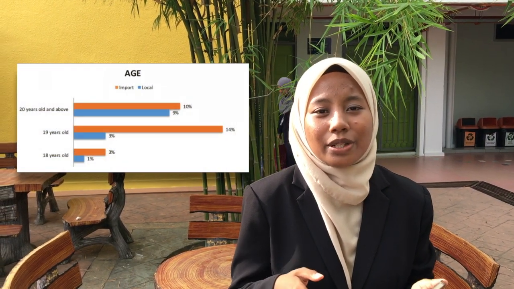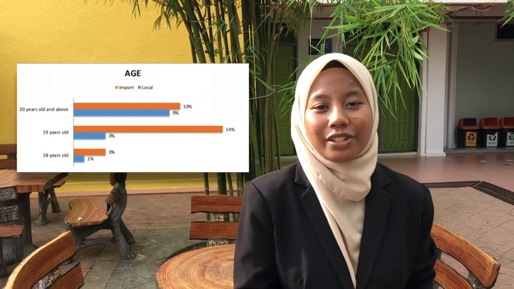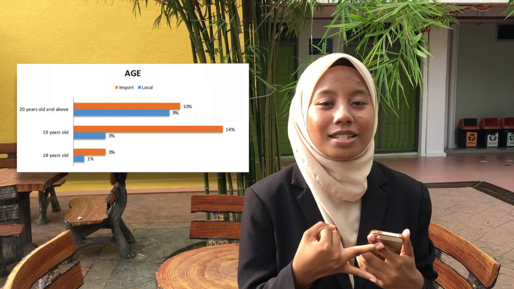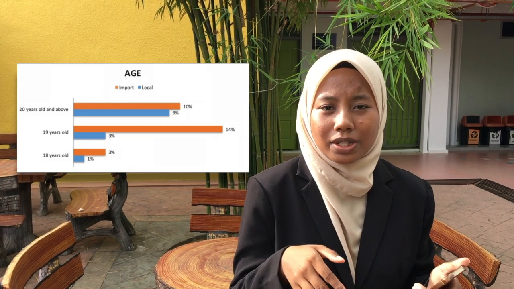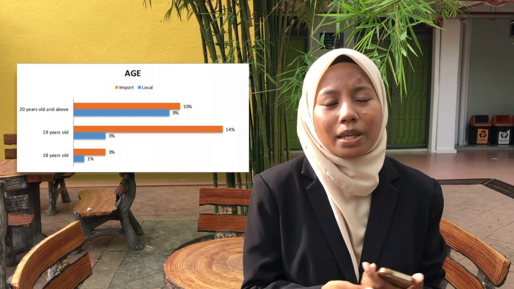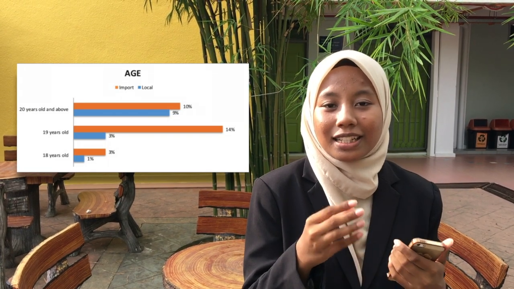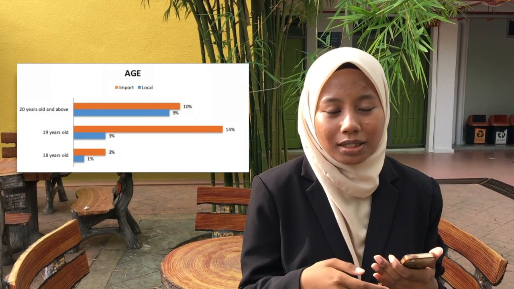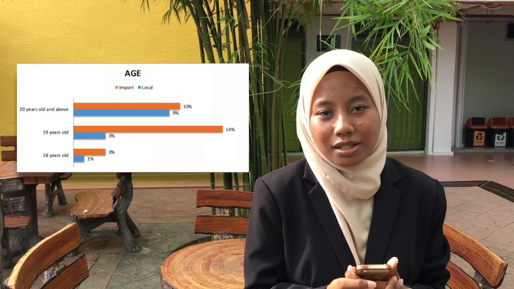In UiTM Dungun, where we narrowed our analysis to Pantai College, we found that there are 3 categories of age, which are 18 years old, 19 years old, and also 20 years old. From our analysis, students of 18 years old are more or less about taking care of the products around them, because when we did the research, we saw that students in the 18 years old category were less likely to answer our questionnaire, while at 19 years old they start finding out more about the products, and they look so interested in answering our questionnaire.